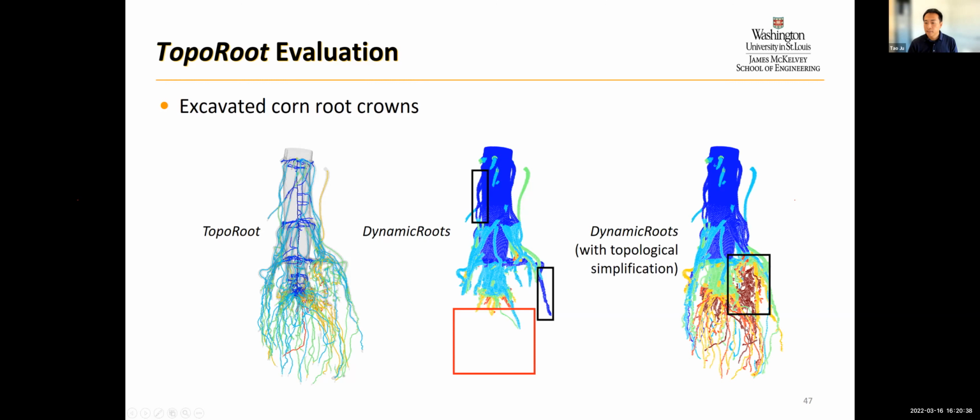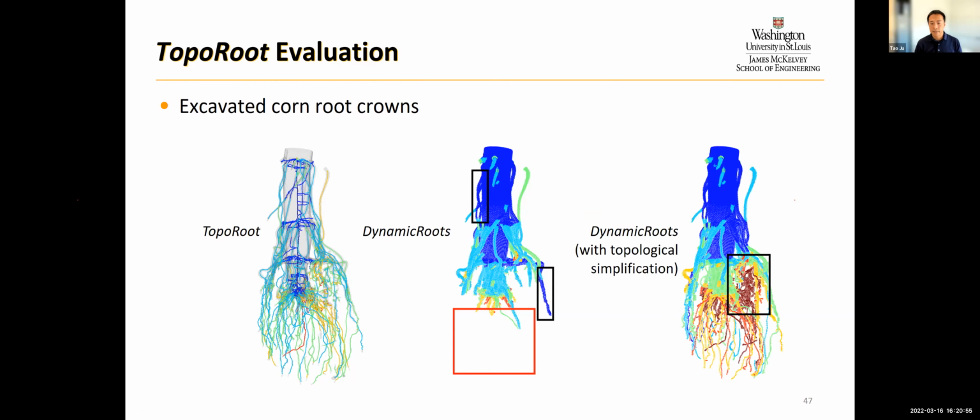And in this case, because now it has a more complete shape, it does not miss a major part of the root as it did before, but it still makes quite a bit of mistakes in this area as well as in the area above it in terms of labeling the roots